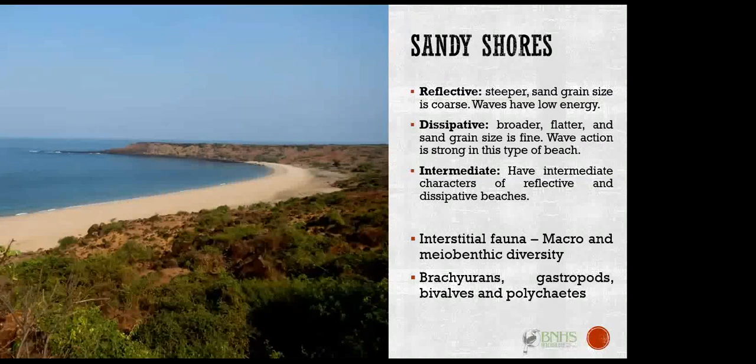And there is also what is called interstitial fauna. Interstitial space means the space between the sand particles. So for interstitial fauna, you can imagine the tiny space between the sand particles, where obviously some tiny creatures will live. So there is some micro and meiobenthic diversity, organisms which are only visible through a microscope. There are some worms such as polychaetes, some small crustaceans, some gastropods, some micromollusks, and some bivalves, and many such individuals remain in this.